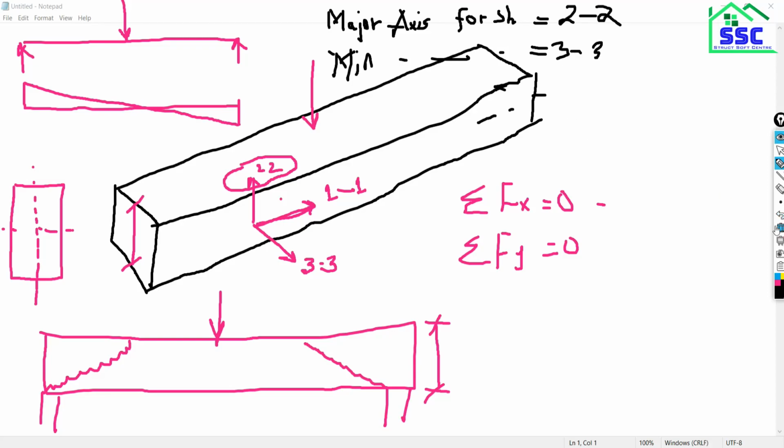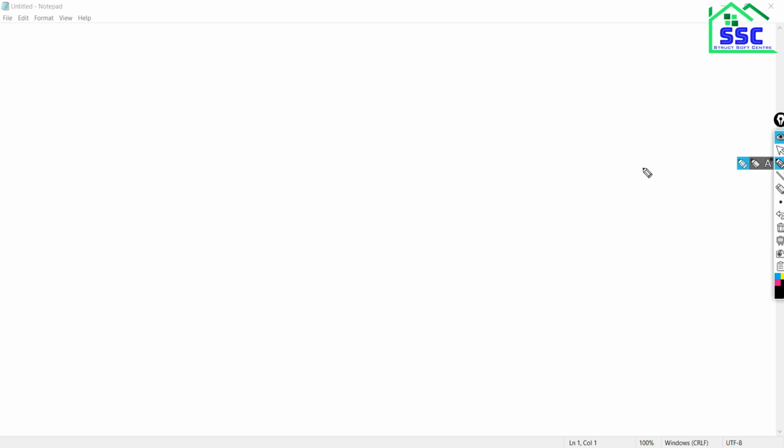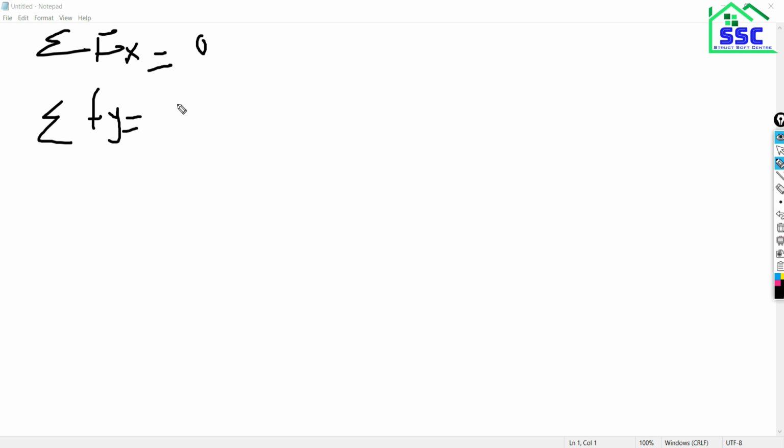Similarly, as we have three equations, summation of F of x is for the axial force in the members, and summation of F of y, if you are talking especially about the beam, is for the shear. And the third equation is the moment about z.